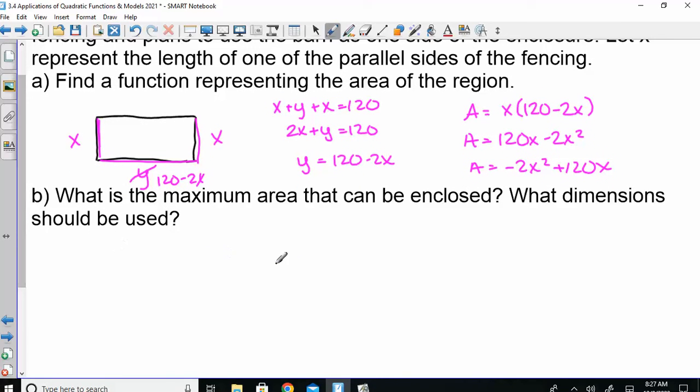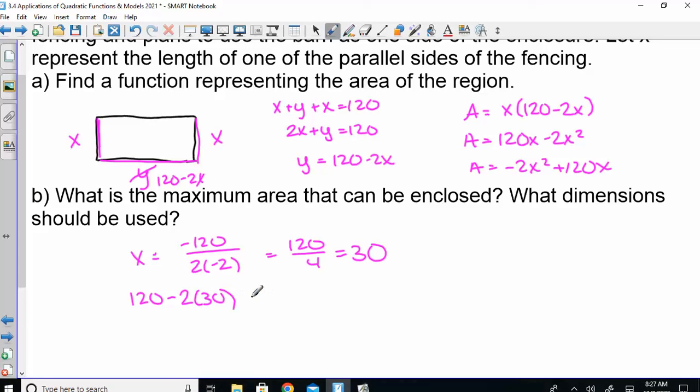So part B, how do I get the maximum? Opposite. So 30 is my x, so the other side, 120 minus 2x, is 120 minus 60, so 60. So that's the dimensions. We also need the area, so if we plug that into our area,